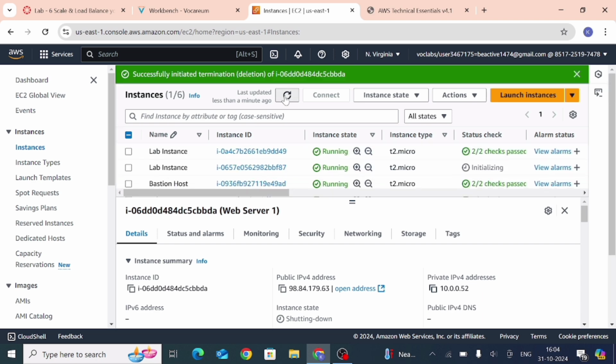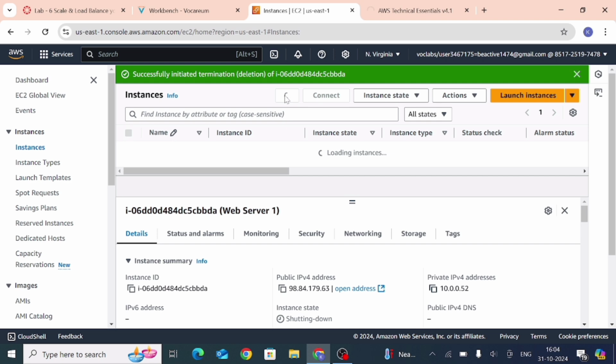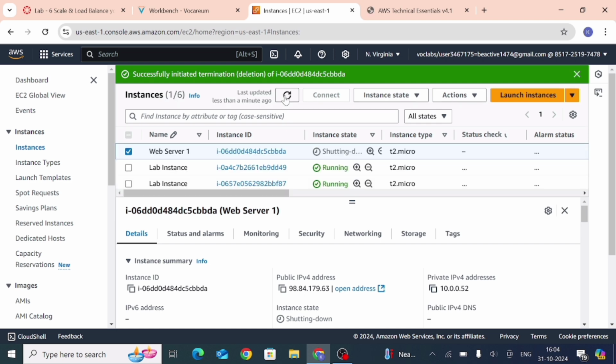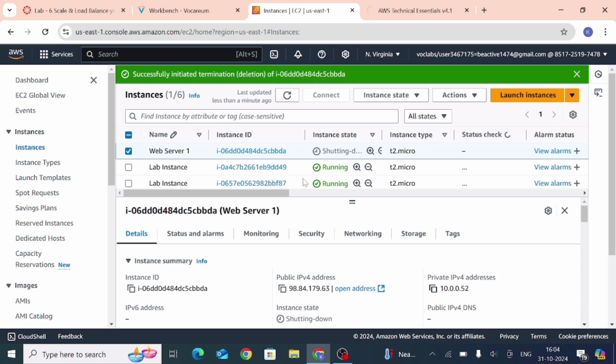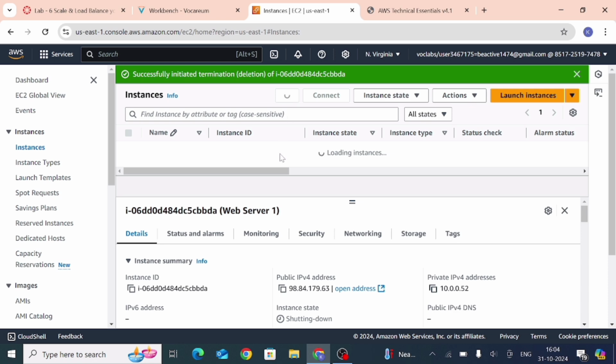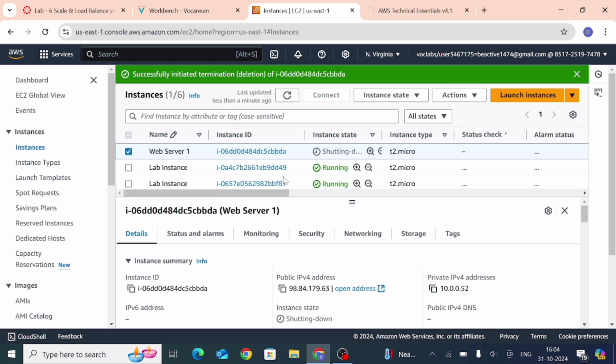So just refresh the page once or twice and then submit the lab. Before that, please do not submit, because if this instance state is not changed properly, then it cuts the marks.